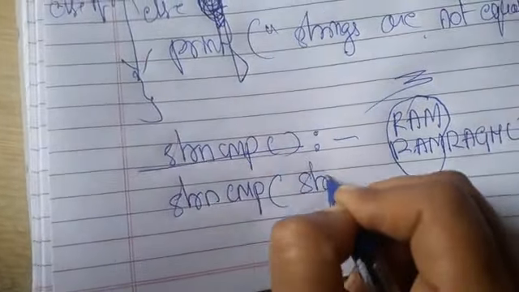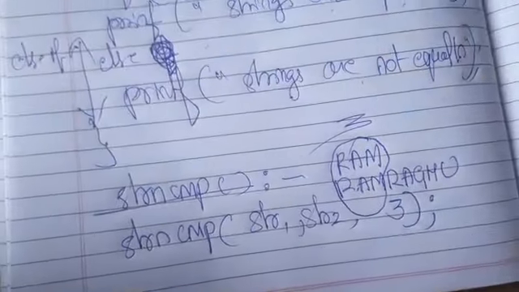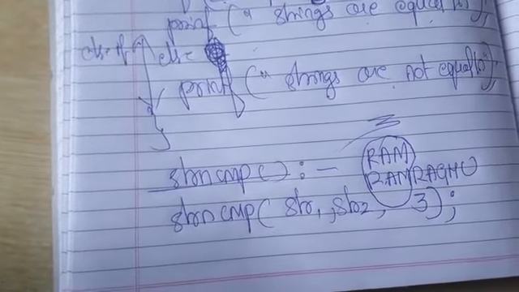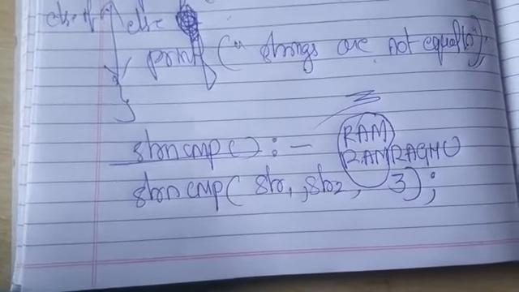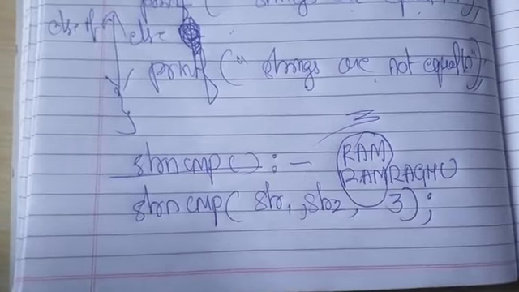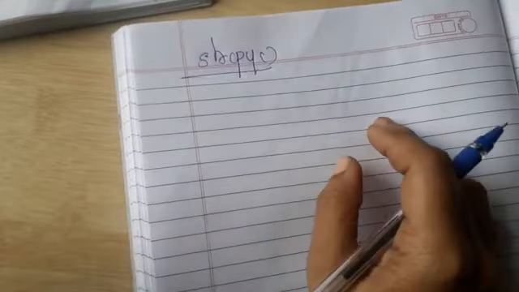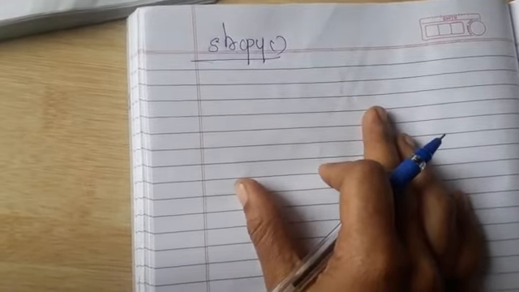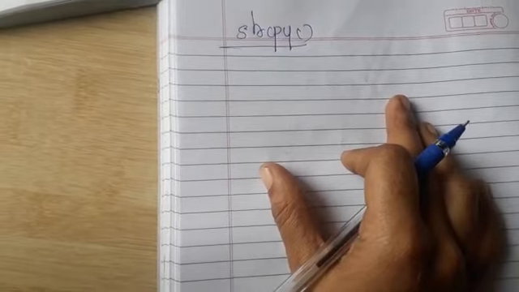strncmp(str1, str2, 3), if you want to compare only 3 characters, you put 3. Are you understanding? Okay, so the same program for this is uploaded in the notes. Just go through the program. It is very self-explanatory. I hope you have understood the string comparison program. Okay, next to that is strcpy, that is a string copy function, that is to copy the contents of one string to another string.